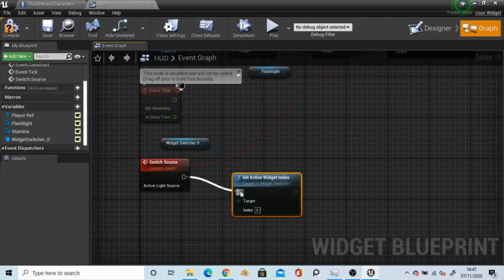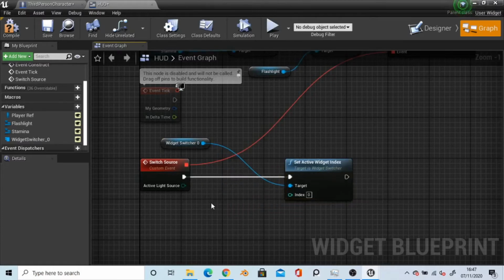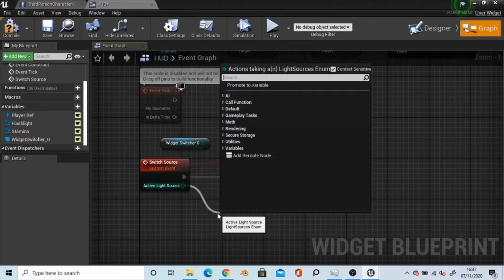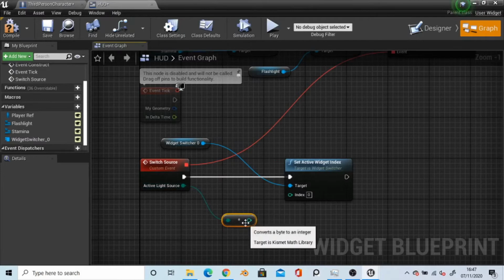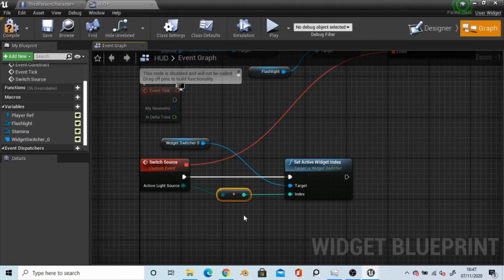Drag that into there. Now you might be wondering, how do we change an enum to an integer? And the answer to that is to int byte, like that. Now you might be wondering, why do you want to do that? Well, the answer is because since enums are basically